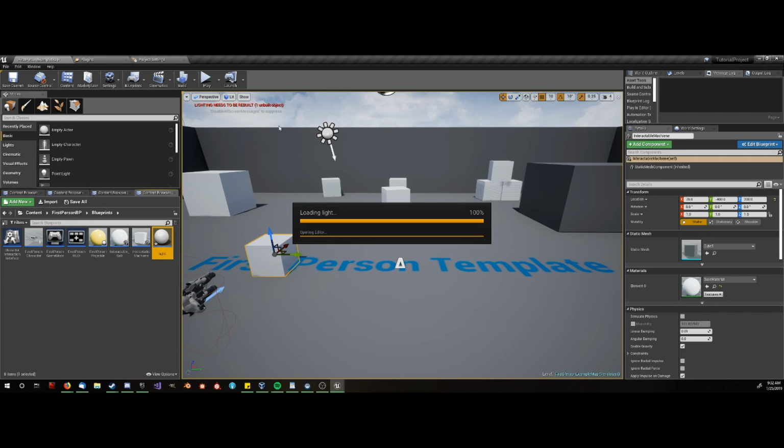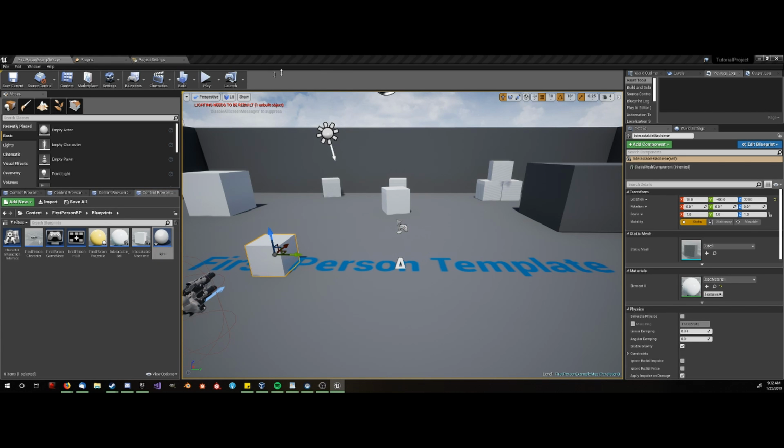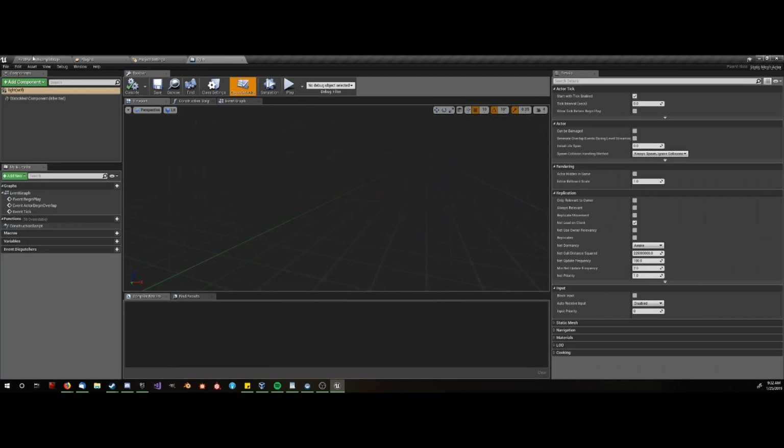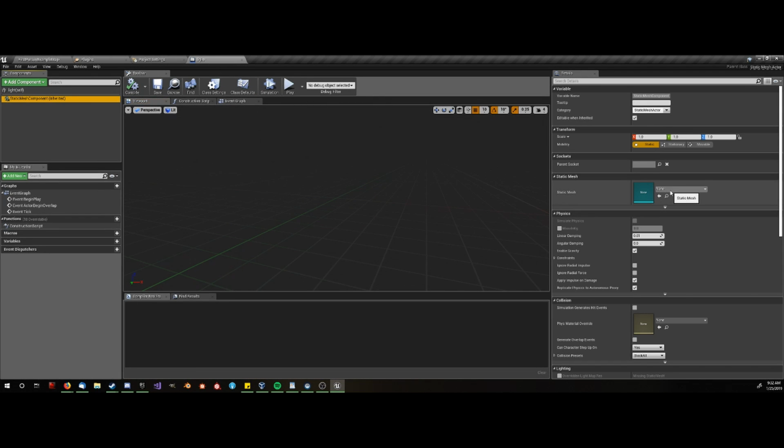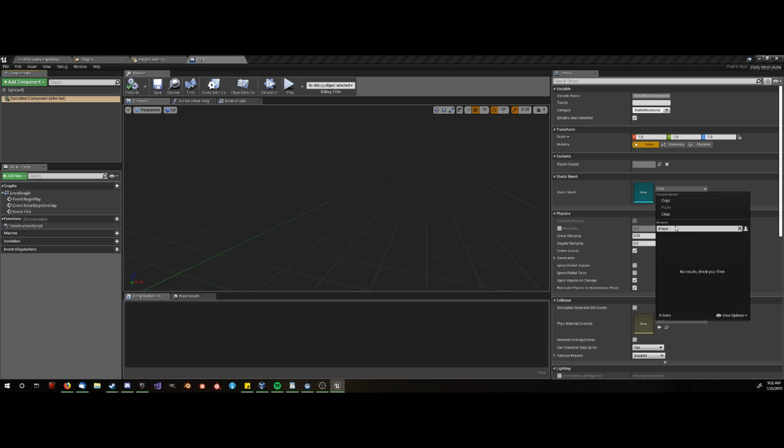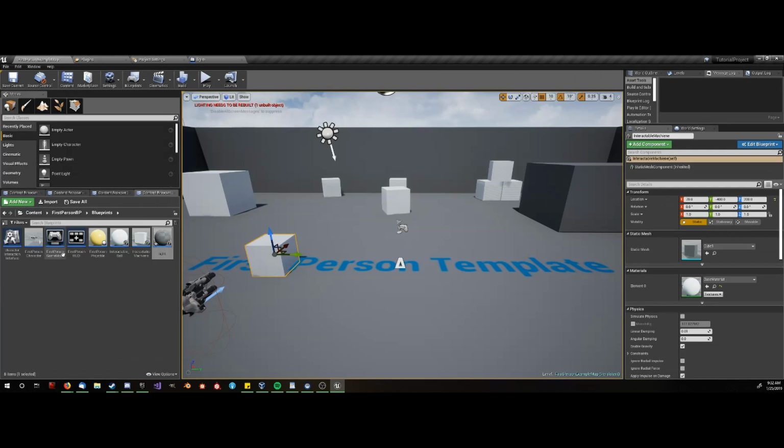And we'll call this light. Now opening this up, in here, with this static mesh component, I'm just going to search for shape, sphere, here, and then just find a nice material to give it,